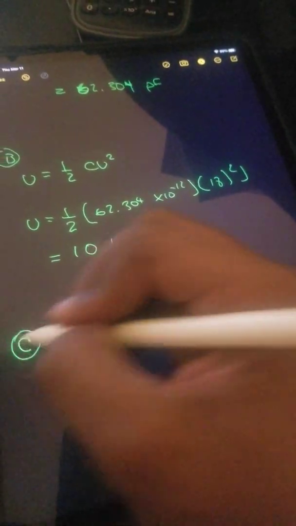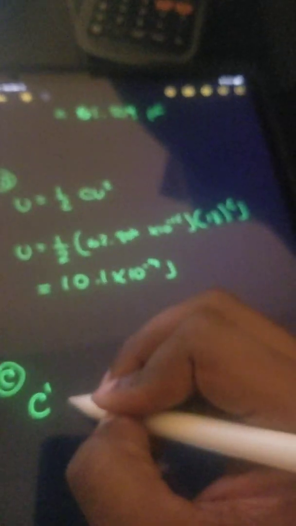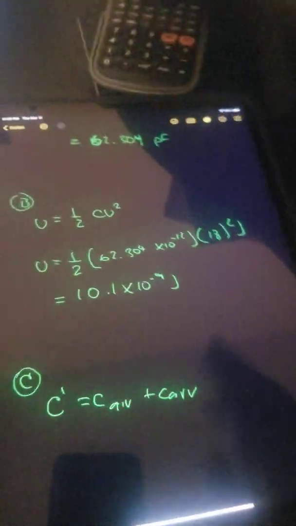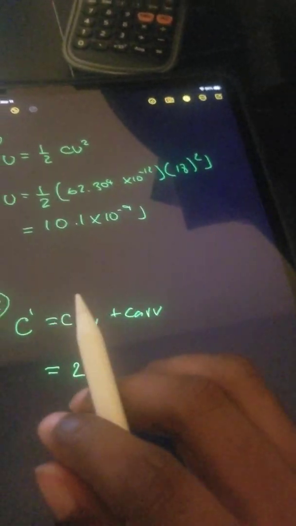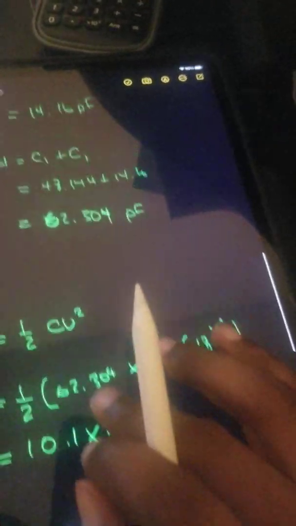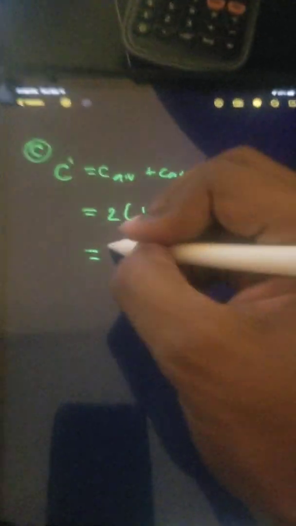And then for C, they want to know if we remove the plexiglass, then the capacitor should change to our new value for C, which is just the capacitance of air plus the capacitance of air. And that's if we remove the plexiglass. And so we're going to do 2 times, we know that from before, the capacitance for air is 14.16. We solved for that in A. So we just do 2 times 14.16. And that's the equivalent of doing C air plus C air. We get that the answer here is going to be